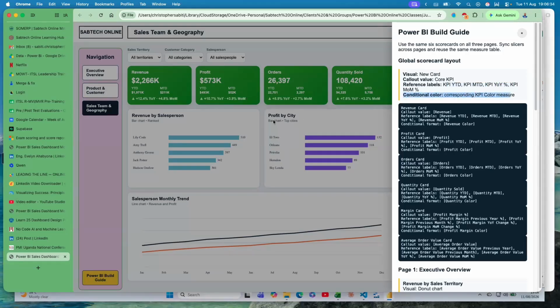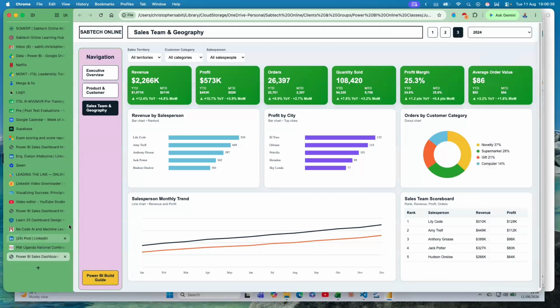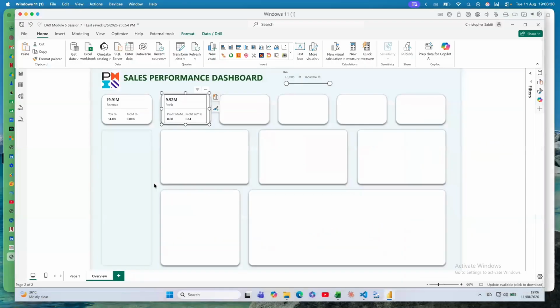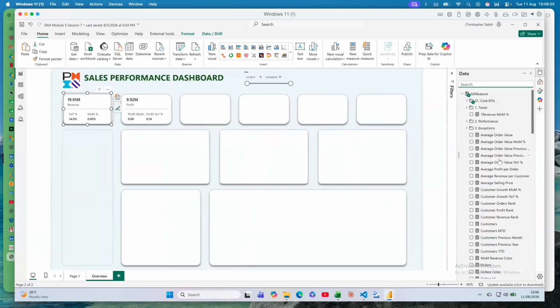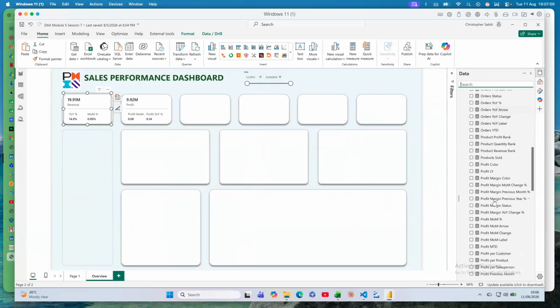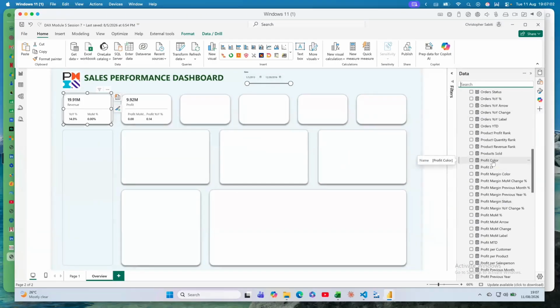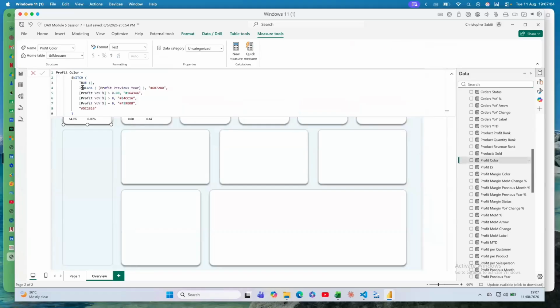Then we had conditional colors that we got in our measures. I want to create one for us, and the remaining cards, I think you'll try to work on them if we don't get time. So let's look at our measures. In the measures here, when you check very well, there are measures that were giving us the profit color. You see this profit color. Here it is showing us that if the profit,